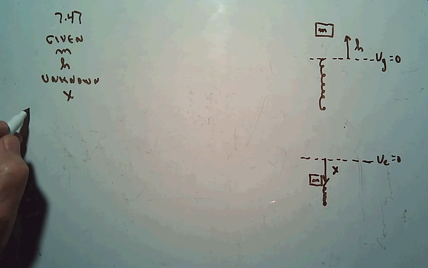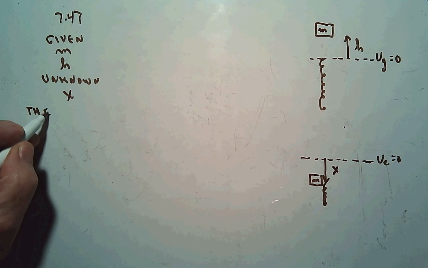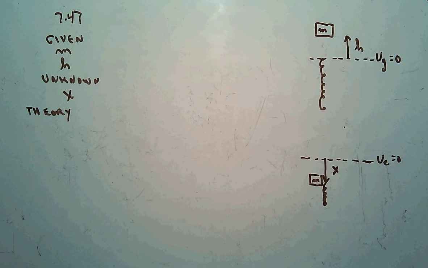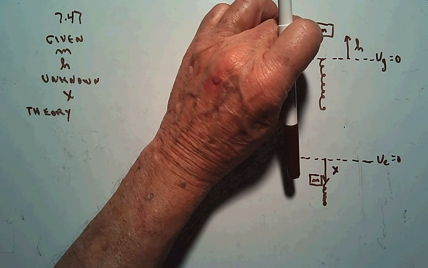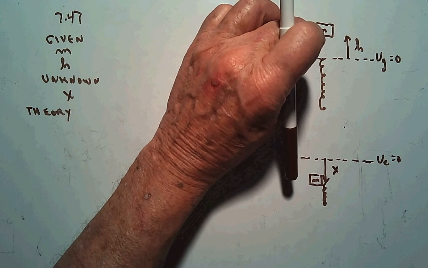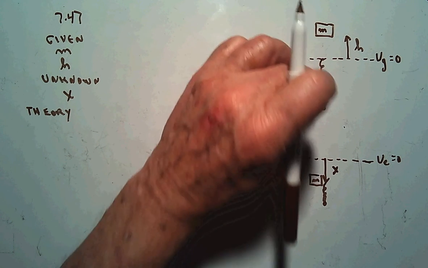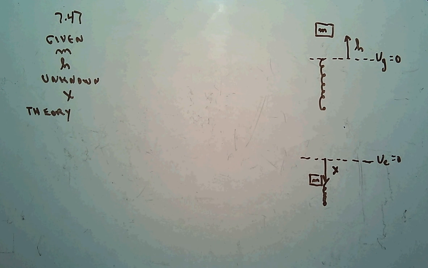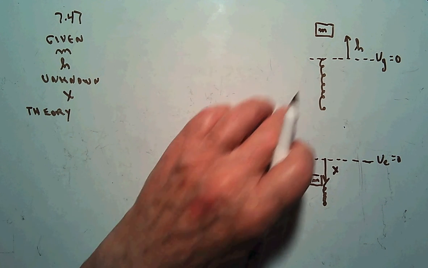Now the theory, of course, is the conservation of energy for this system right here. And you can see that this thing's going to start with 0 velocity. It's going to hit the spring, going to compress it. And when it reaches its maximum compression, then the block's going to stop again. So there's no kinetic energy at the beginning or the end, okay? So basically what we can look at